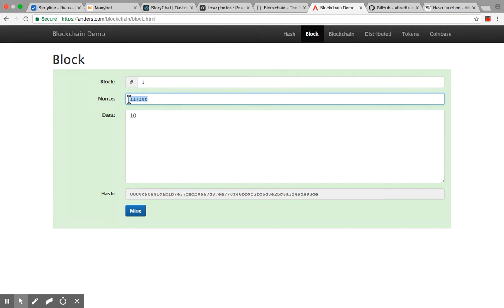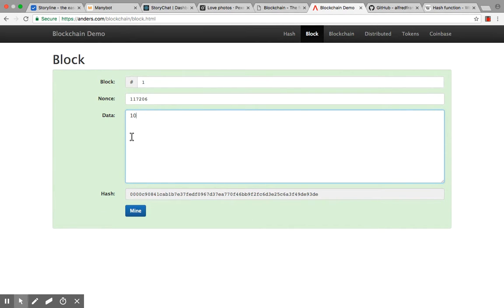What mining did was, as you can see, there's been a change in the nonce. You had a different nonce previously. Now we have a different nonce. Basically, what the algorithm said is: try to calculate a nonce so that the value of the hash has X number of preceding zeros, right? In this case, it was 4 zeros. So calculate the hash of 10 such that the hash value created through the hash function, which is SHA-256, has 4 preceding